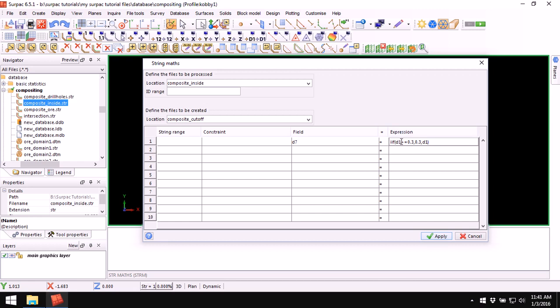If D1, remember D1 contains the good values or the assays, is greater than or equal to 0.3, that is the cutoff that I have set, then I want Surpac to assign a value of 0.3 to the 7th description field. Otherwise, it should maintain it. So if I see 0.3 in the 7th description field, I know that the gold value